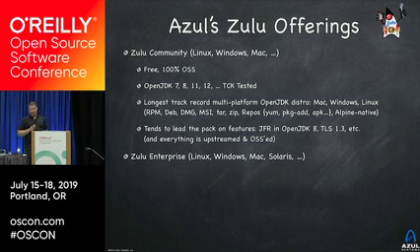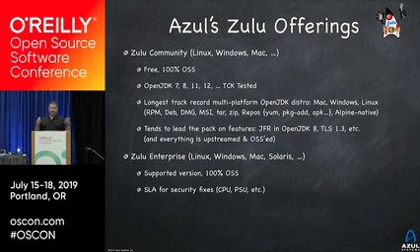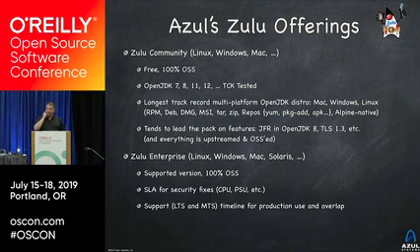Then we have Zulu Enterprise. Zulu Enterprise is really easy to understand. It's a supported version. It's still 100% open source. But this is what enterprises get if they want things like SLAs and security fixes and the right vehicles for urgent security fix and out-of-cycle stuff and all the other important things. It's also where you go if you want actual guarantees, contractual guarantees of long-term support. I mentioned that we have Java 7 and Java 6. We've been around for a while. We're going to have 8 and 11 for quite a while, and 17 after that.